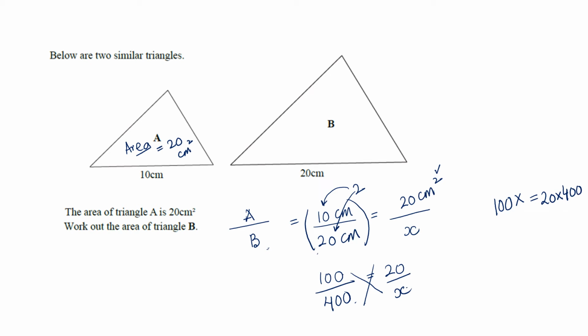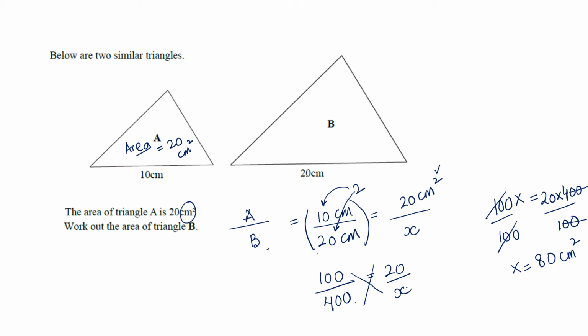Now we have to determine the x. So divide both sides by 100. So these hundreds cancel out. Now these two zeros cancel out with these two zeros. So x equals 4 times 2, 8, 4 times 20, it's 80. And since we are finding the area, it is centimeter square. Area is always given in the square form. I hope that you understood this question.